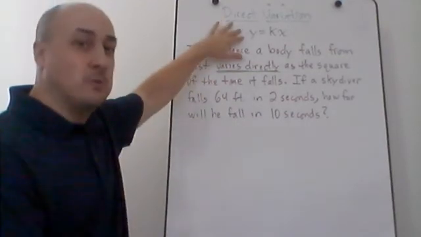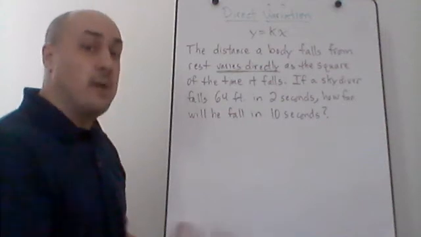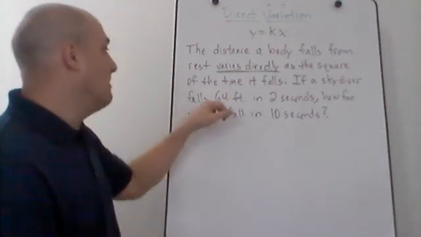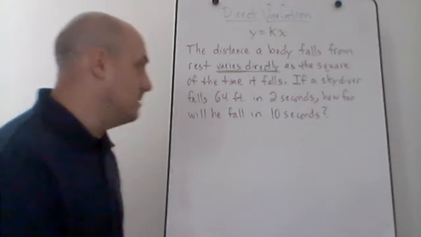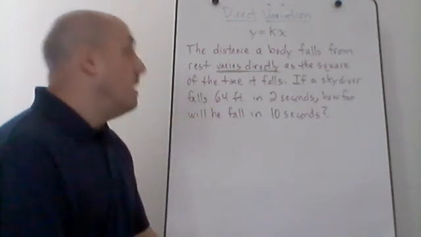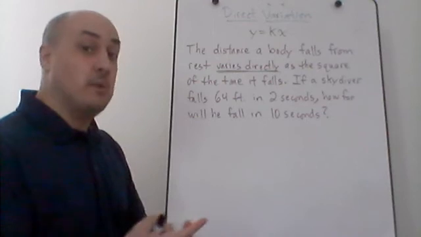We have a mental picture of what our equation is going to look like. Now we've got to go ahead and solve this problem. If a skydiver falls 64 feet in 2 seconds, how far will he fall in 10 seconds? Alright, so the first step in doing one of these variation problems, after you identify what type of variation you